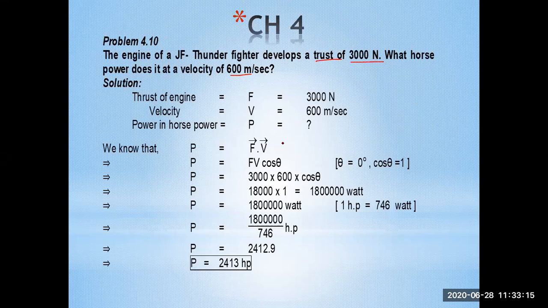So here is another relation for power: the dot product of force and velocity. If you see, power P is equal to work done per time. If you break it down, work is calculated using force